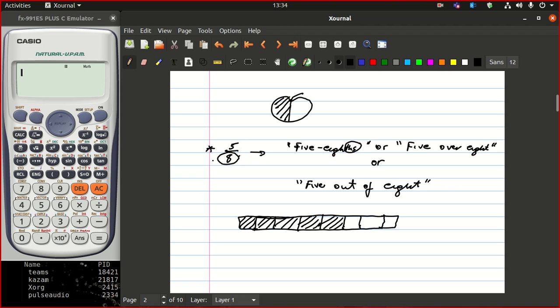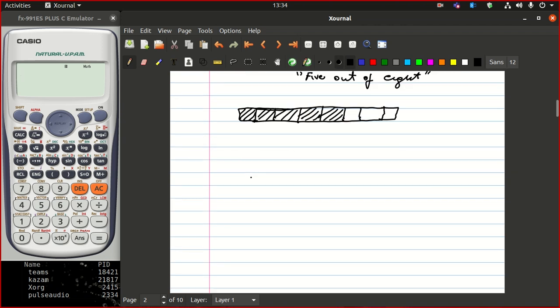This is one way to look into this fraction. Another fraction will be 2 over 3. If you want to read it, you can say it's 2/3, or 2 over 3, or you can say that you have 2 out of 3. So these are other ways of representing or reading this particular fraction, which means if, let's say,